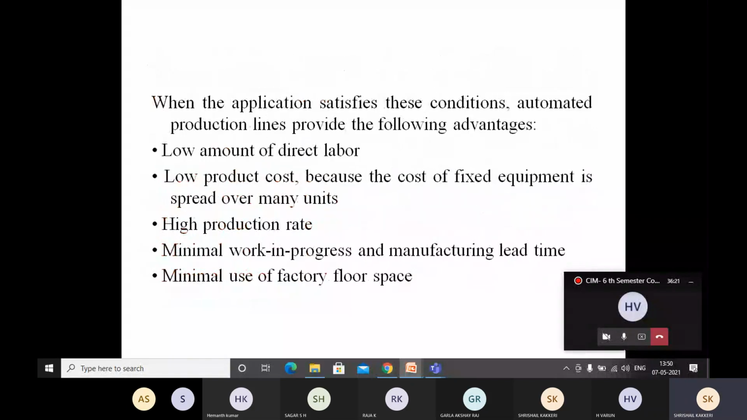When the application satisfies these conditions, what are the advantages of using these automated flow lines? Generally, you can say it consumes a low amount of labor. The labor requirement will be very less, because in between the two machines, please don't say machine here, in between the two workstations, a definite conveyor